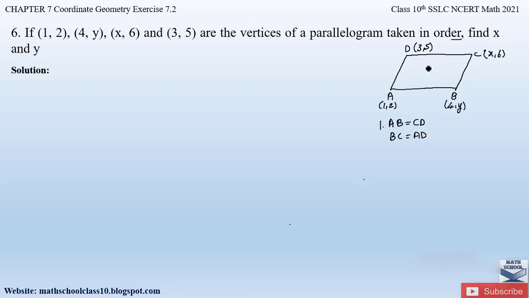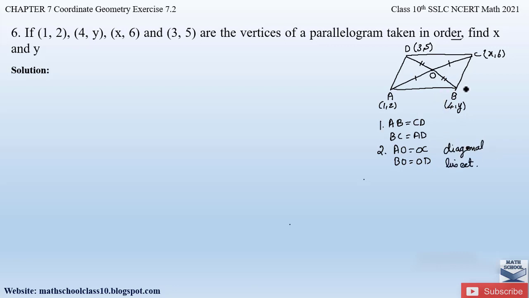The second property of the parallelogram is that the diagonals AC and BD bisect each other. So these are the two diagonals which bisect each other, meaning let O be the intersection of these two diagonals. Diagonals of a parallelogram bisect each other means here AO will be equal to OC and OB will be equal to OD, right? So this is the second property, where AO is equal to OC and BO is equal to OD, that is, the diagonals bisect each other.